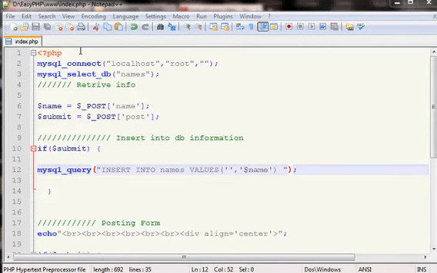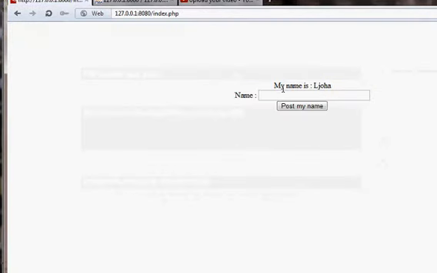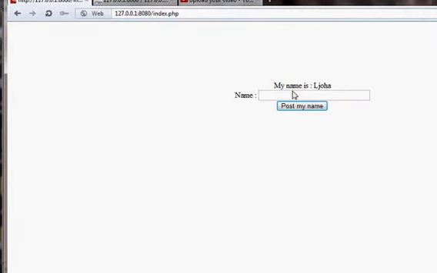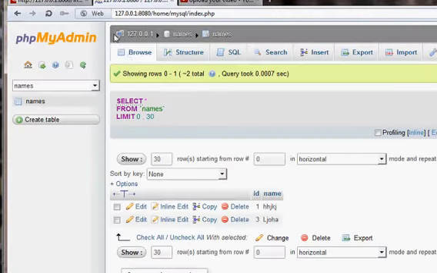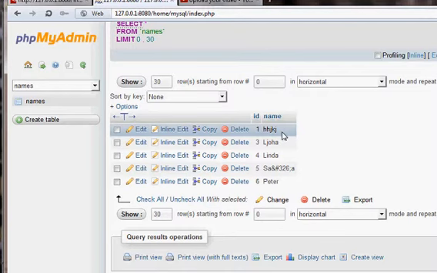Alright, so we left off when we inserted information in the post form into our database, which is here, and I just posted some more names like Linda, Sanya, Peter, and we have some more names in here. Alright, so that's great. So what we're going to do now is